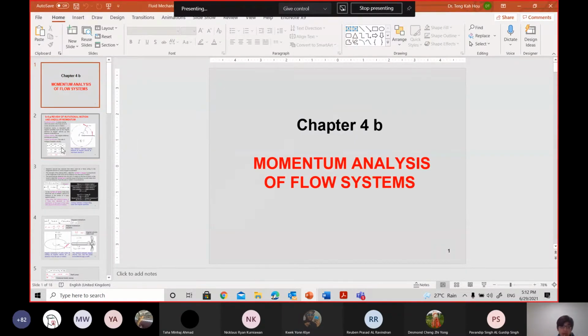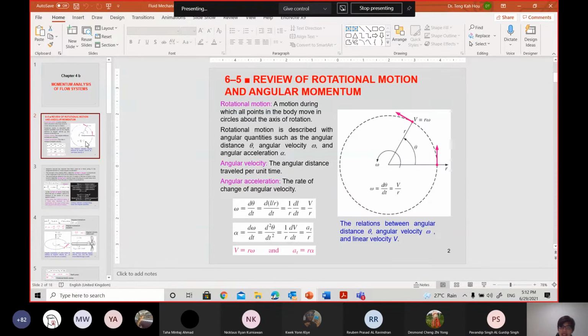Chapter 4b. So again, as I said, first thing, you must know what is V and omega. V equal to R omega. I hope you have recapped this, where I'm not going to tell you again. Why I say all this information is so important? As I briefed you in the last class, in the angular momentum, you will have a summation equal to, can someone let me know what the summation is for this?